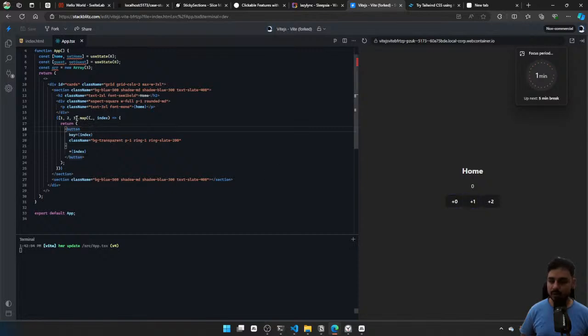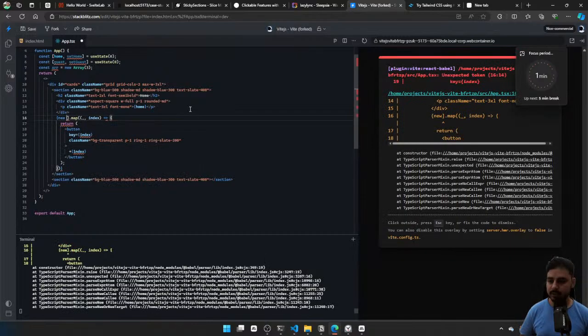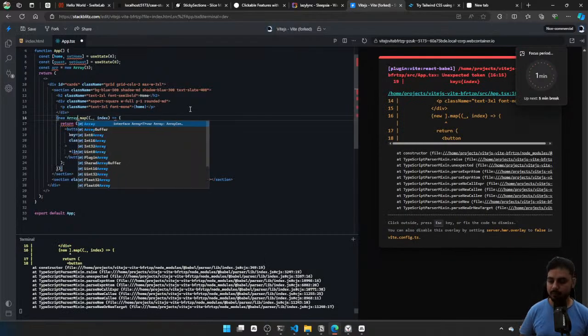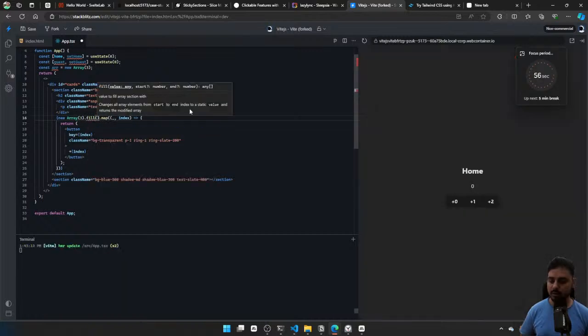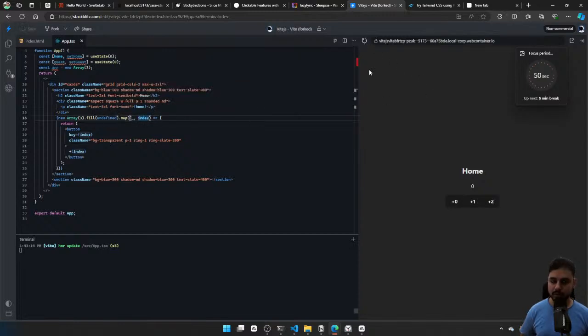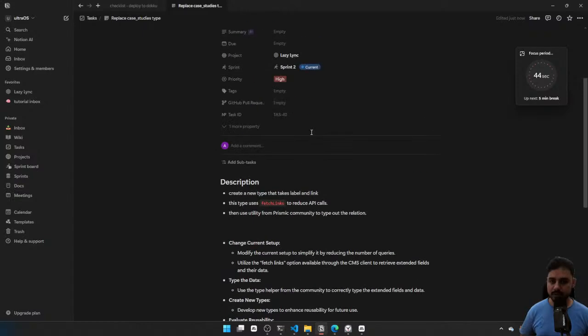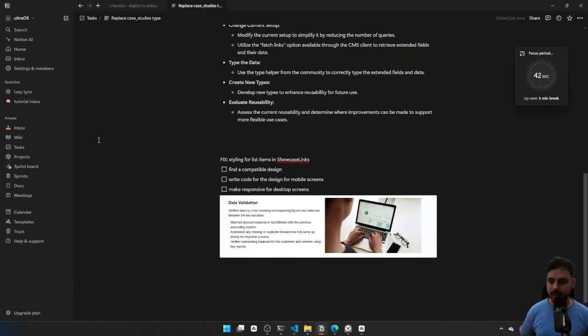Or if I'm going with new Array syntax, this should also work out, and the main thing seems to be in this is that, let's just say,